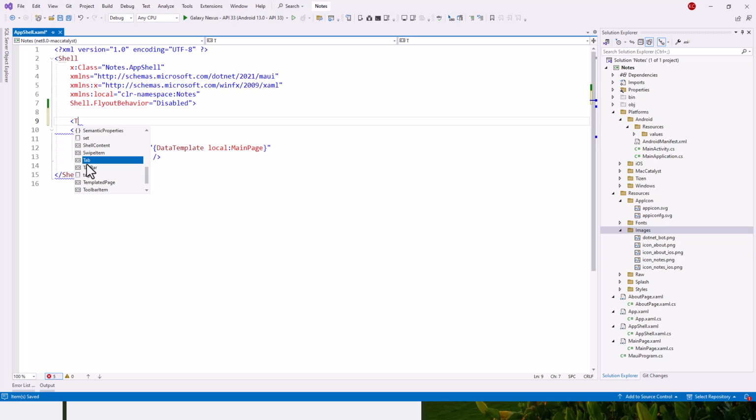This is the tab bar, it will have open tab and close tab. Between the open and close tab bar, I will have this shell content. So the tab bar will be clear when we browse, when we render the application. So the shell content title, instead of home, will be notes now here, and this part will be the same as it is, data template local, which is pointing to the main page, and instead of the route here